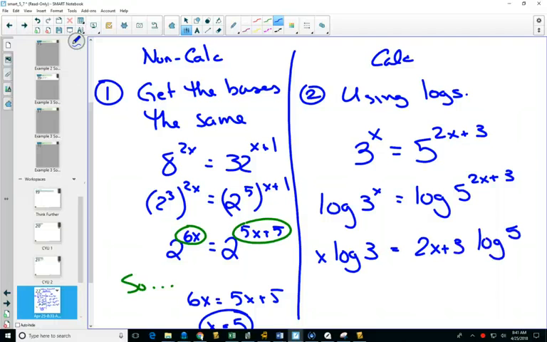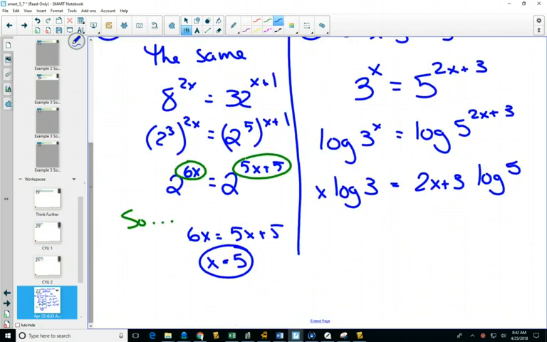What mistake did I make? No mistakes? Should just keep going? Okay. When you bring this 2x plus 3 out in front, since it's one big thing, you'll need brackets around it. Now log 3 is a number, log 5 is a number,